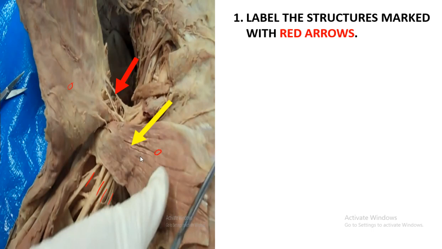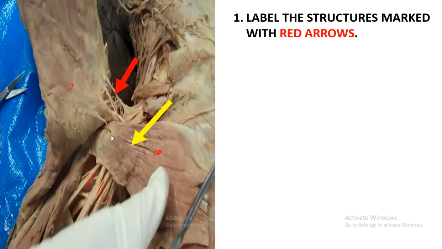The other way you can know that this is the pectoralis minor is that it is the one which is separating the axillary artery into 3 different parts. Not only that, you can also look at this muscle being innervated by the what? By the medial pectoralis nerve. So the medial pectoralis nerve normally pierces the